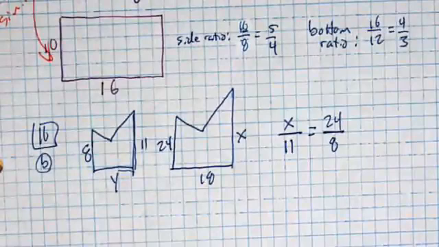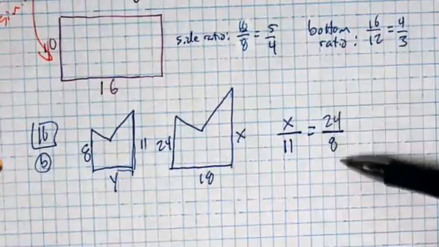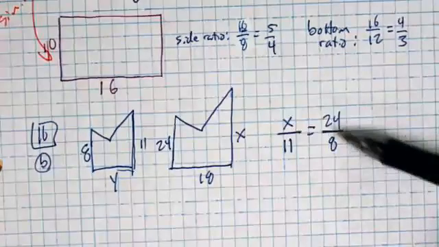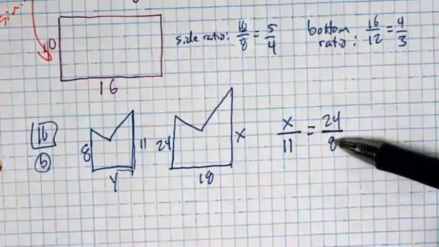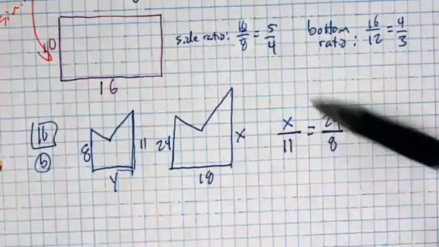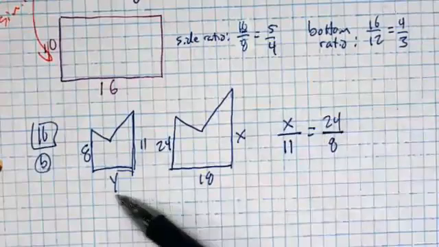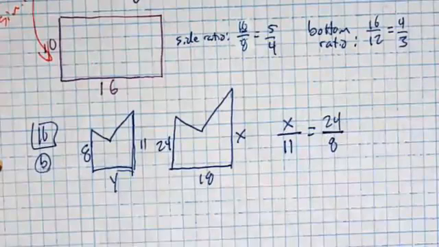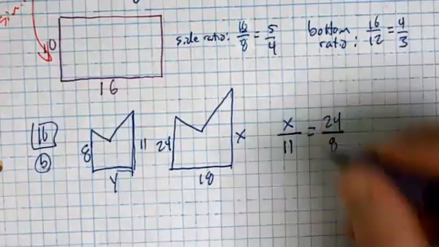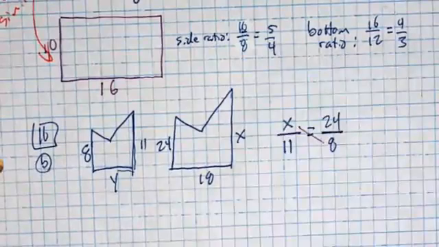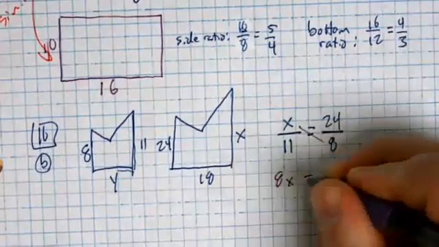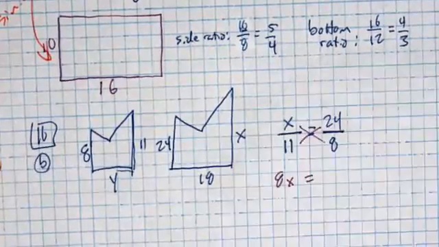Now, the reason I wanted you to write the second ratio without a Y is because if I have an equation with both X and Y, I can't solve it. I need to make an equation that only has one variable in it. So that's why I was trying to avoid the Y a moment ago. So let's solve this. You guys solved a bunch of these in your homework. Cross multiply. 8 times X is 8X. 11 times 24 is,